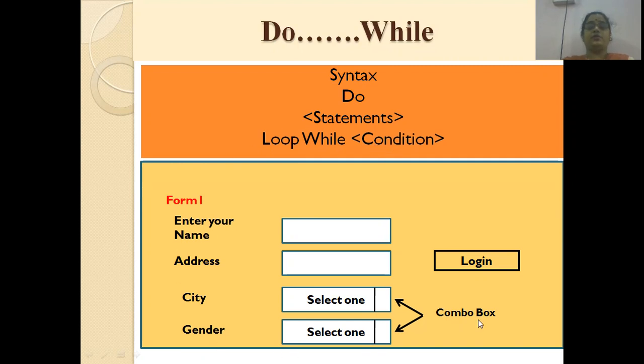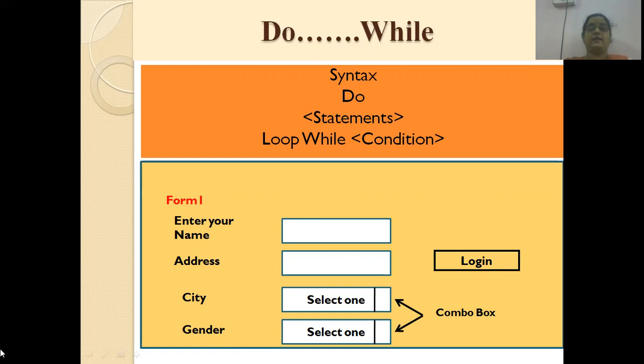Here I am going to show you a simple application which I created. I have used four labels and set the caption property of each label, then two text boxes and two combo boxes. Through the combo box drop-down arrow, I select the specific city and gender and click on the login button.